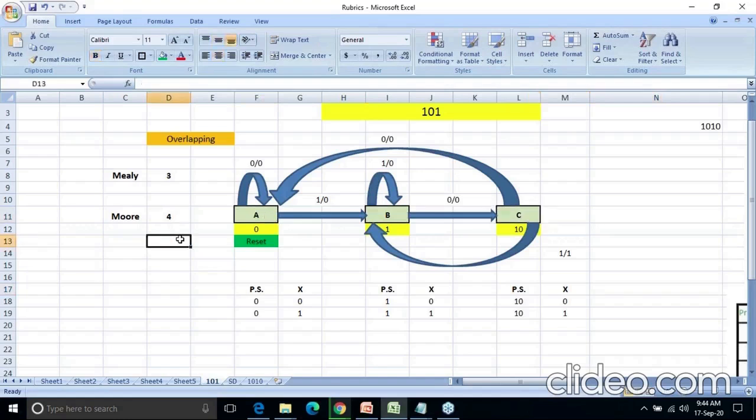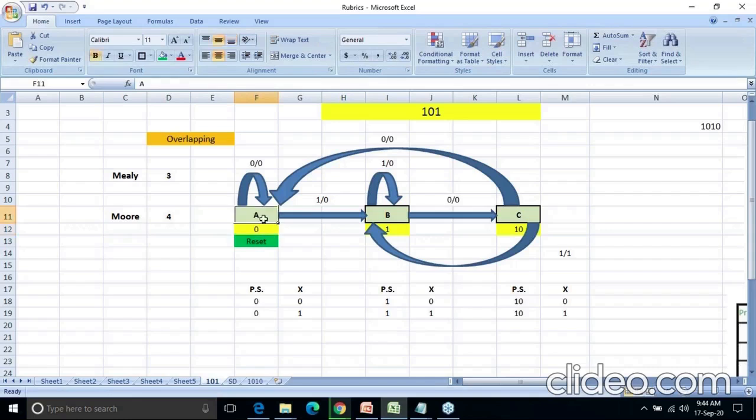Now what you need to do is consider that I am in state A, meaning the circuit is in state A. Now, what is the interpretation of this yellow color 1, 1, 0? So remember and write in your book. If the circuit is in state A, it means that it is the reset state and 0 is detected.